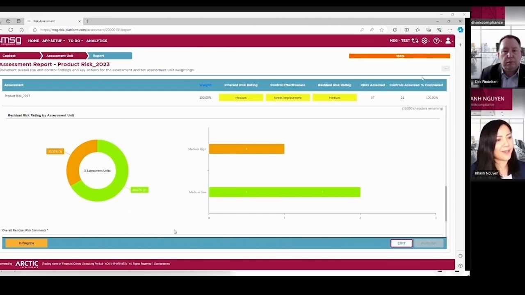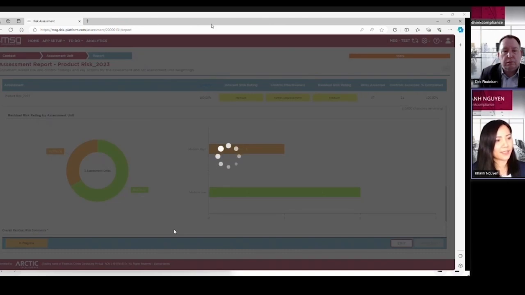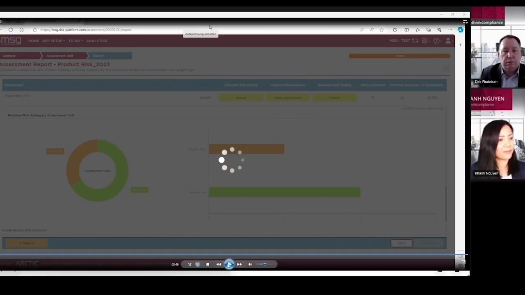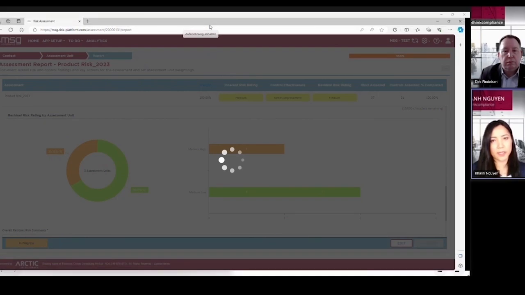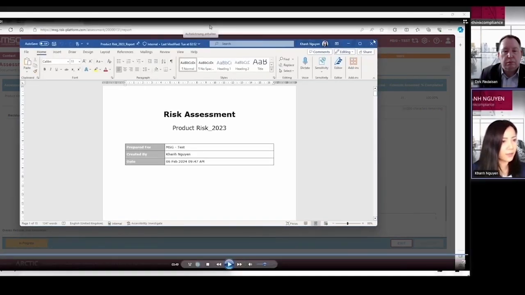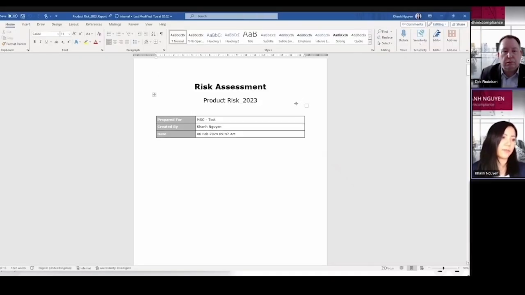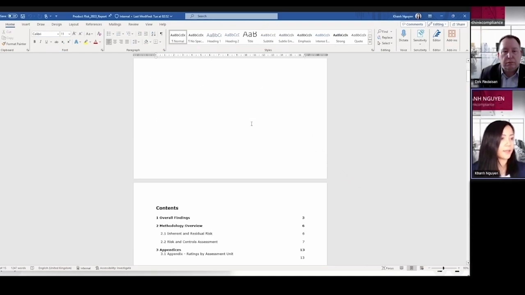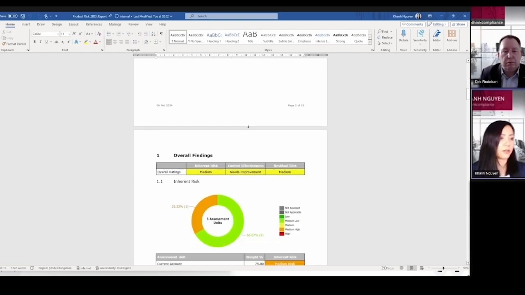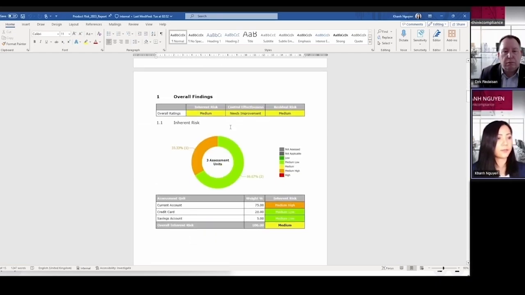One aspect of the automation that, of course, cannot be missed is the report. So you see, with a click from the application, you can create such a Word report, getting information on a very high level.